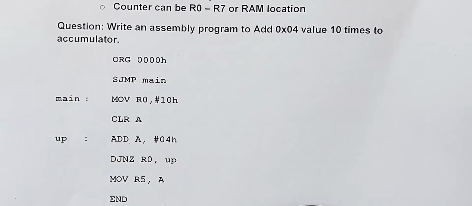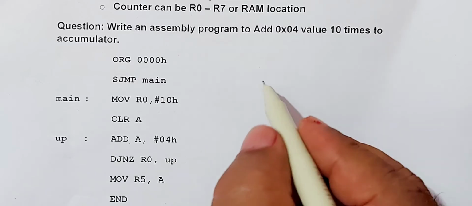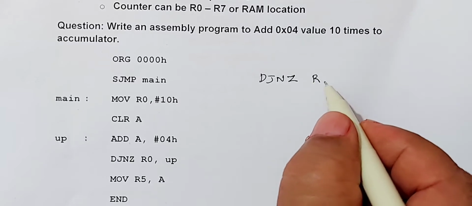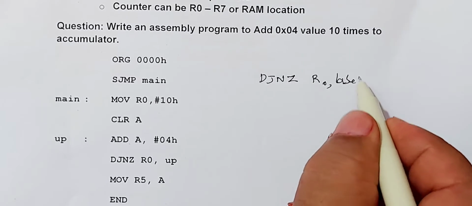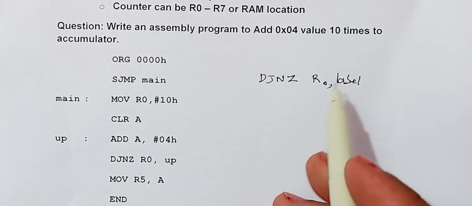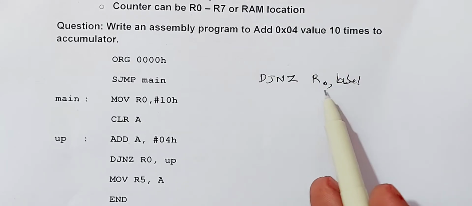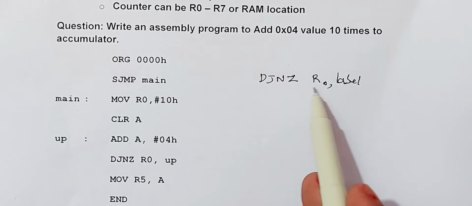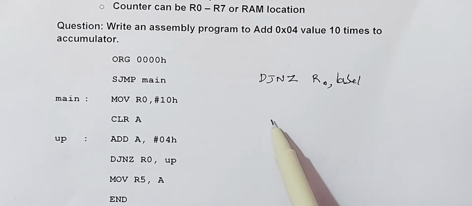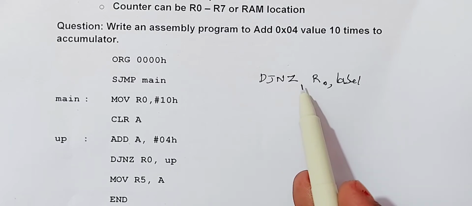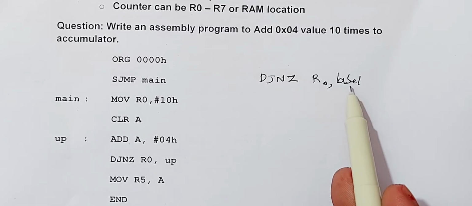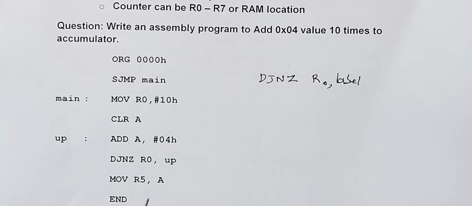You know that the looping instruction is done by the instruction DJNZ register, label. I will select register R0. Therefore, this value 10 has to be loaded into R0. Then R0 will go on decreasing. When R0 becomes 0, this instruction stops and the microcontroller will jump to the next instruction. If R0 is not 0, then this instruction will jump to the label specified by the given address of the program counter. A very simple program.